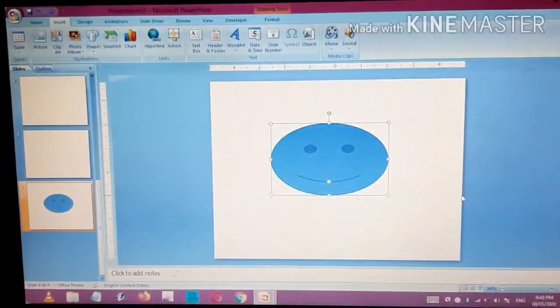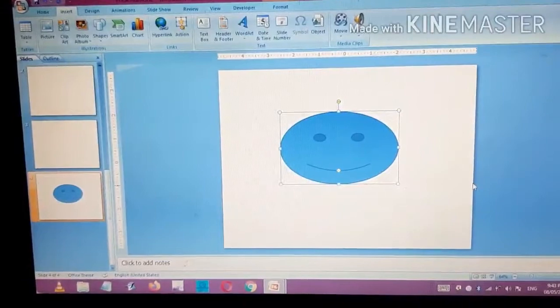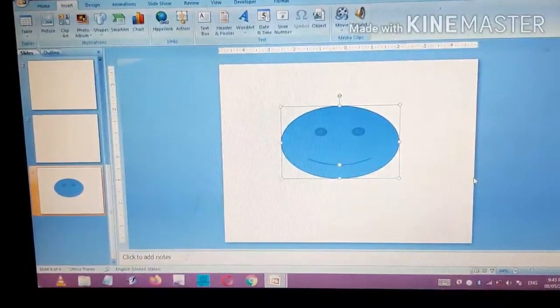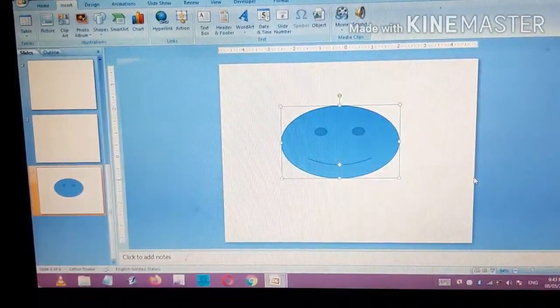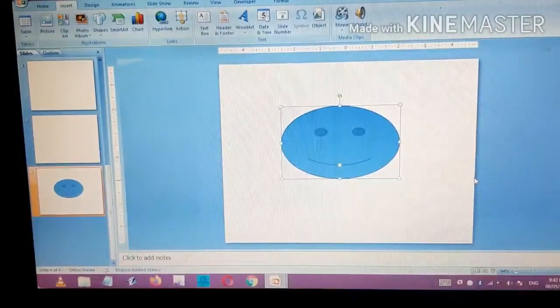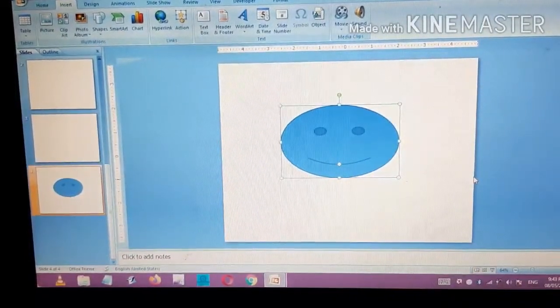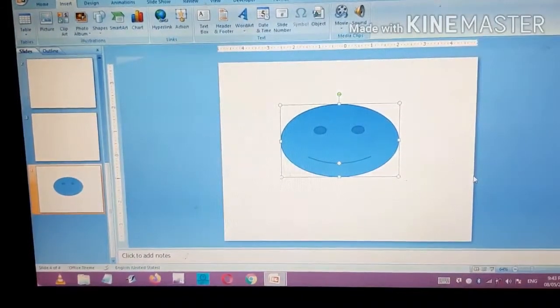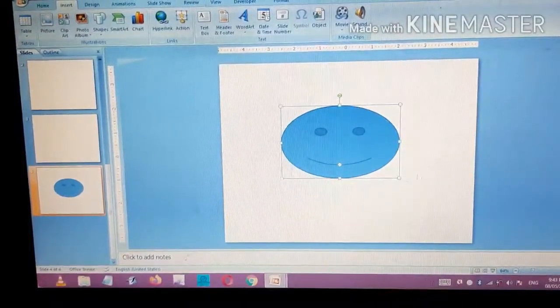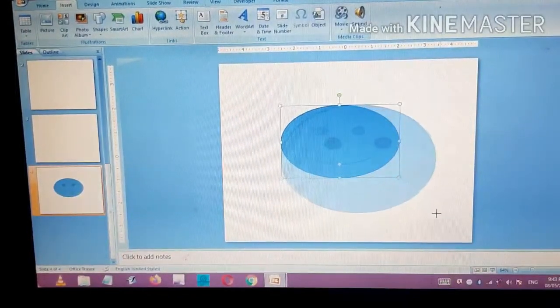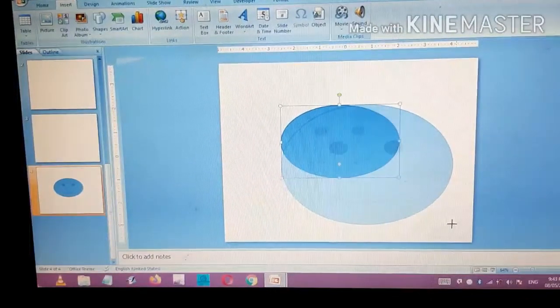The next thing: after selecting any shape from the shape option, again you may have to increase or decrease the size of the shape. So again we have to use these handles. If I click on this, you can see two images.